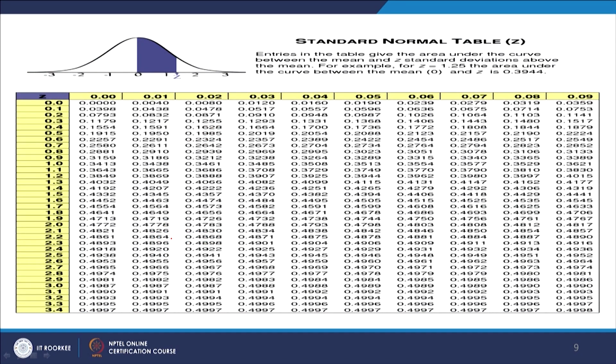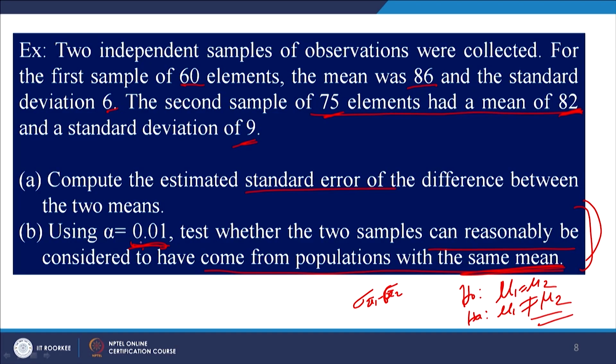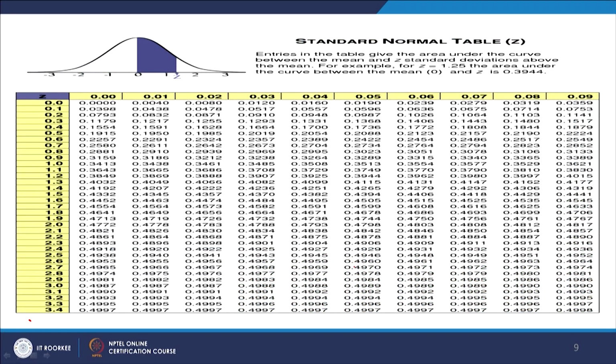So, it is 2.58, 2.5 and 8, this is the one. Let me delete this first. Again let me tell you where that value is. First of all, 0.01 is the alpha. So, what you are supposed to do? It is 1 minus 0.01, 0.99 divided by 2. Whatever is that value, you have to find out z value at that probability. So, that value is at 2.58.